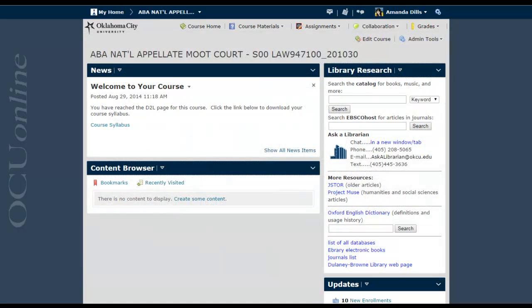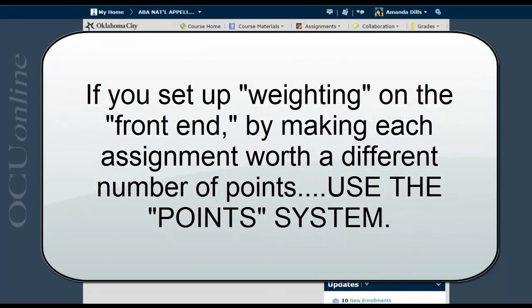Now, if you need D2L to do more sophisticated calculations than that, perhaps taking individual items or groups of items by various percentages, then you're going to need to use what D2L calls the weighted system instead, and that's a different video. It's also worth mentioning that some instructors do the weighting of their course on the front end, meaning